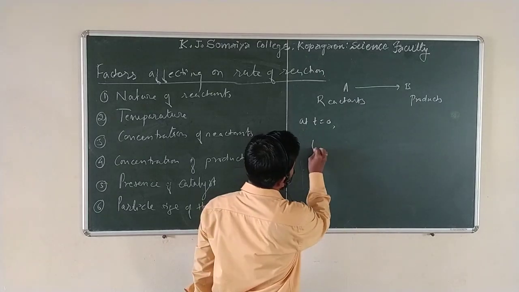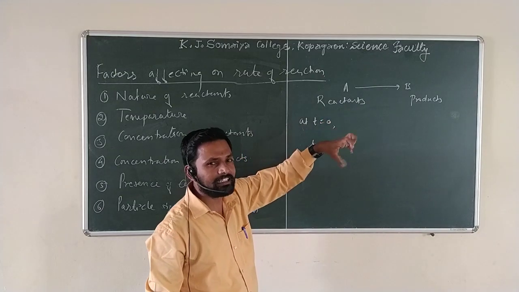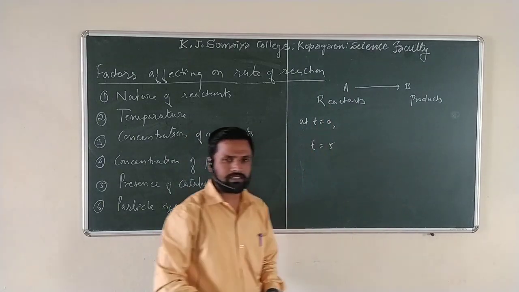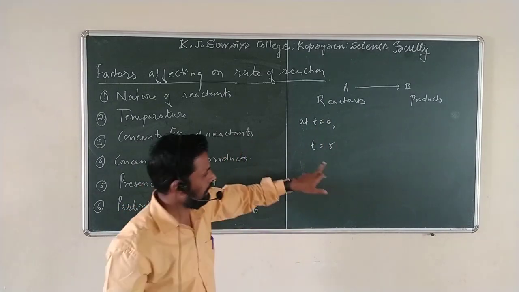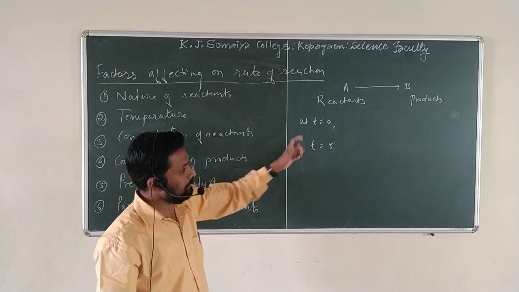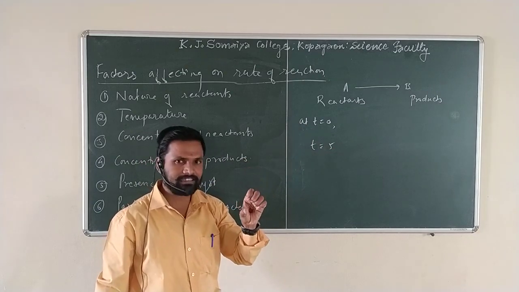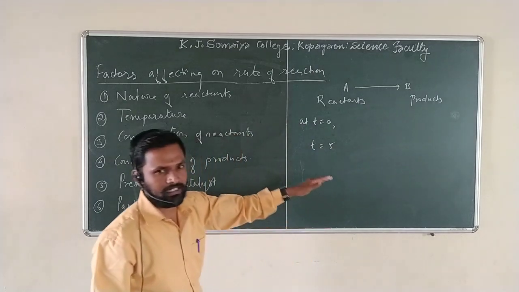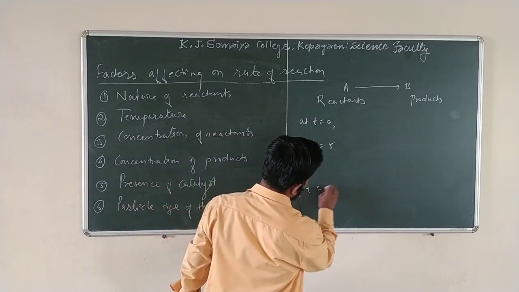After some time, at t equal to 5 minutes for example, what will happen? Here the concentration decreases a little bit. Initially, if 100 molecules are taken, then as time starts, product formation starts. After t equal to 5, the concentration of the reactants will have decreased a little, because some molecules have already been converted. Therefore, with the concentration of the reactants decreased, collision is less, crowding is less, and formation of the products will be less. As you go to t equal to 60 minutes,